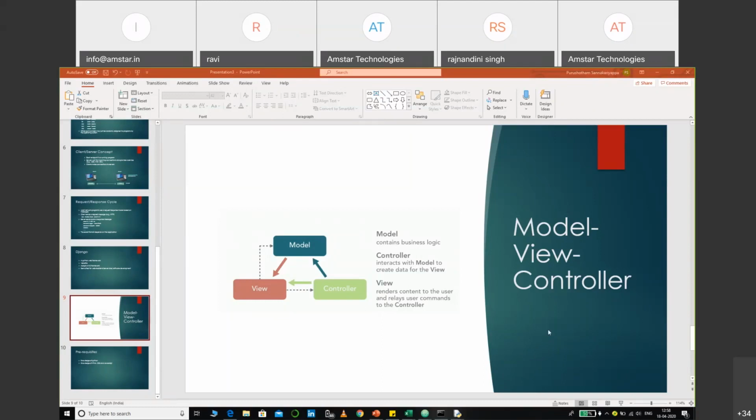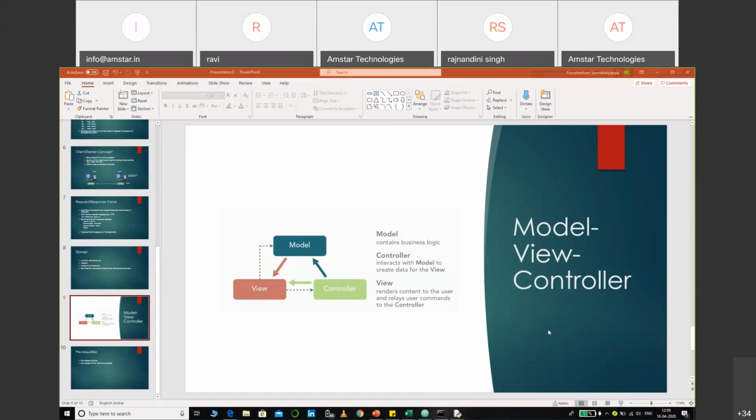Anyway, so there was a way in which websites and web applications used to get developed in the past, about 10, 15 years back. During this time, veterans in the industry, the engineers, had done a lot of work on developing websites, and all the best practices that they were following, they brought into these frameworks. Django is one framework that captures all those best practices in the industry from the last 10 to 15 years. So Django is not developed just like that. It was developed over a period of time. A lot of good things were added into it, and one of the things that they brought into Django is